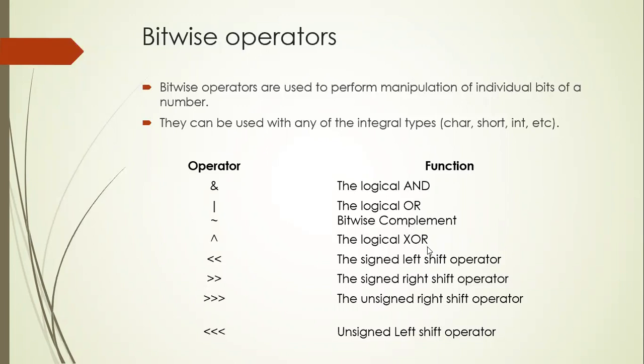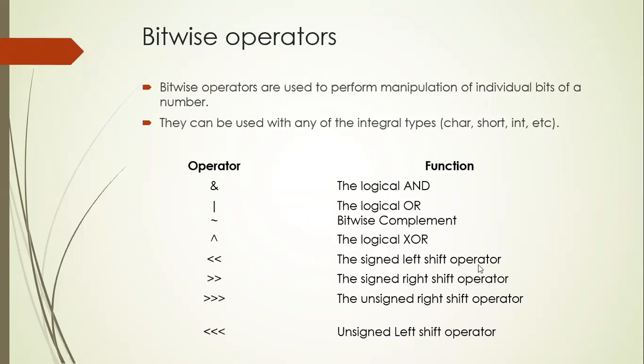Then coming to the logical XOR. How will the logical XOR work? We need to remember the false condition so that you can easily understand the true condition. So what is the false condition? When both the operand values are the same, either both ones or both zeros, the output becomes false. In all other cases, the output becomes 1.